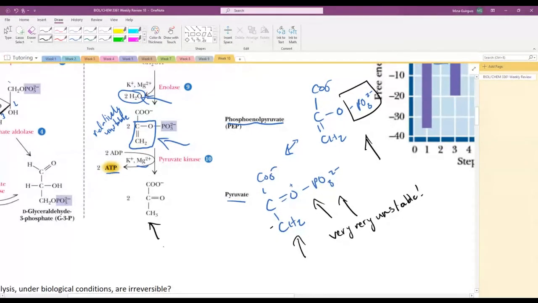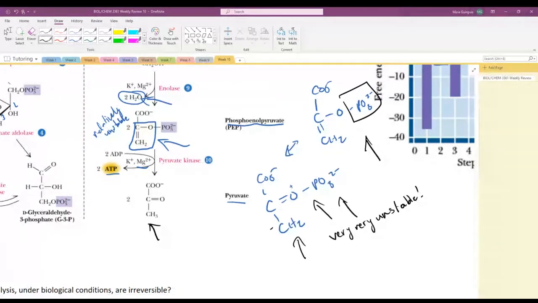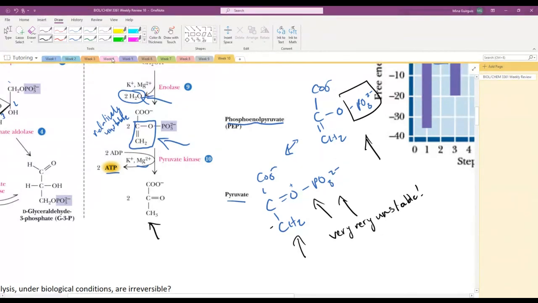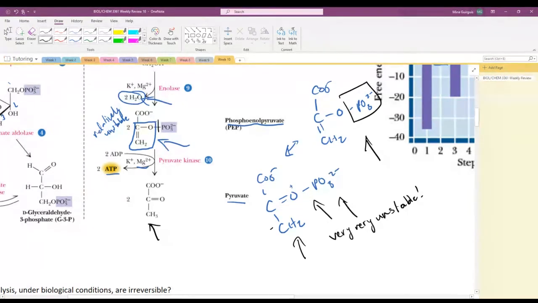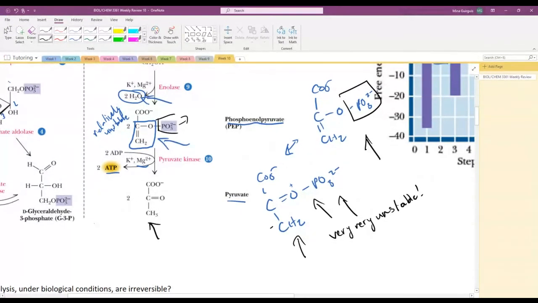In other words, the spontaneity of reaction 10 is partly driven by the breaking of that phosphate bond. But more than that, and really more than anything else, it's being driven by that keto-enol stability debate. It's the conversion of the enol to the keto form that really drives this reaction. So when we lose this phosphate group and that gets kicked off, the initial form that our pyruvate will be in is